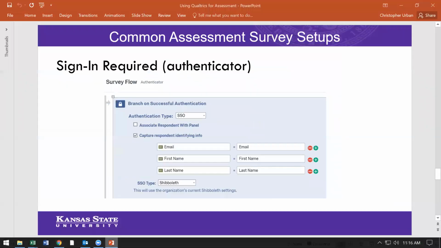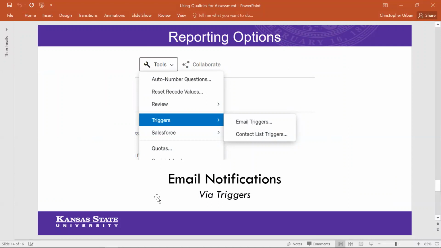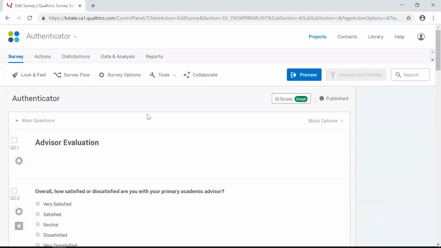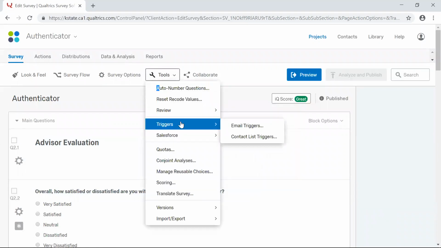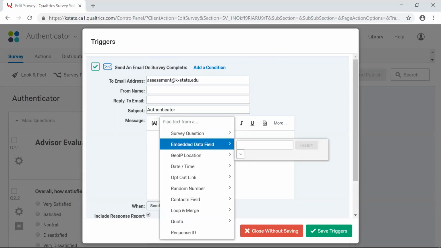Okay, so those are some ways to set up surveys to collect information. There are also different ways to get information out of surveys. One of those is email notifications via triggers, is what they're called in Qualtrics. Triggers are available in any survey under the Tools menu. Go to Triggers and Email Triggers. What triggers do is send an email when the survey is complete, and you can set this to send to a specific email address, but you can also pipe in